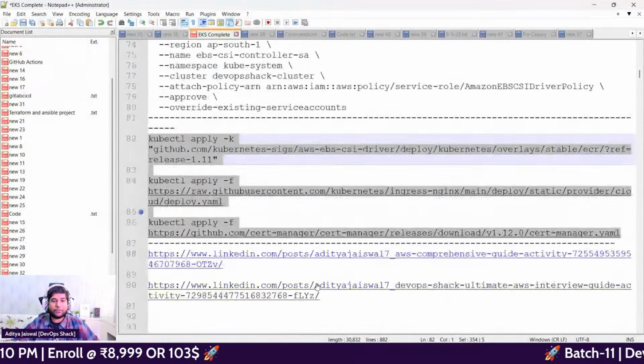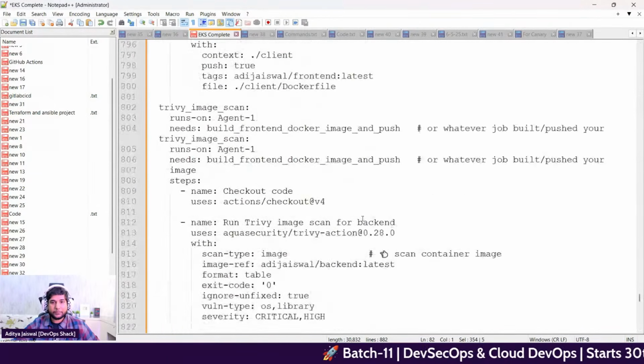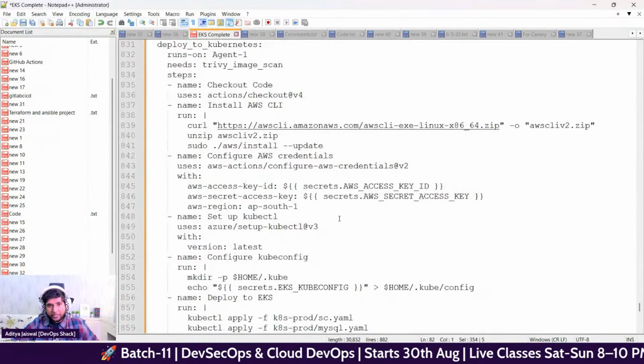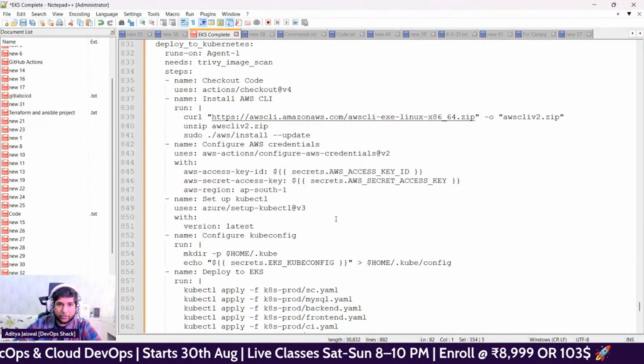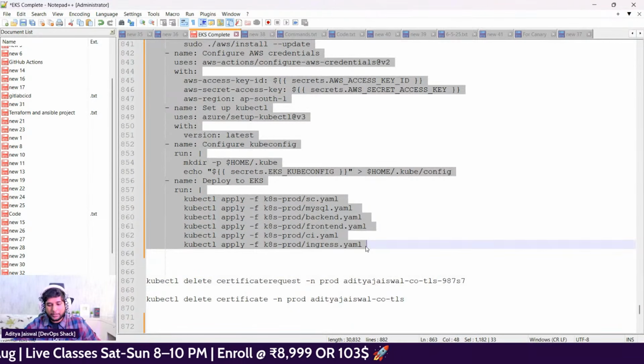Final stage that we have to use, if I show you directly, deploy to Kubernetes, but it's a little bit different. How it's different, let me explain. Let me copy from here, then